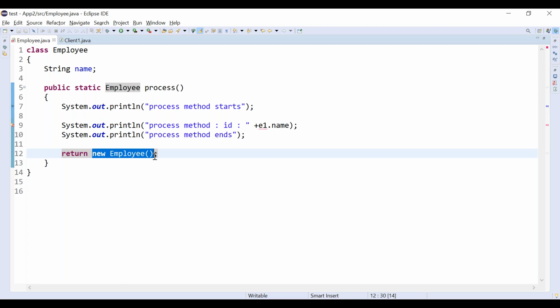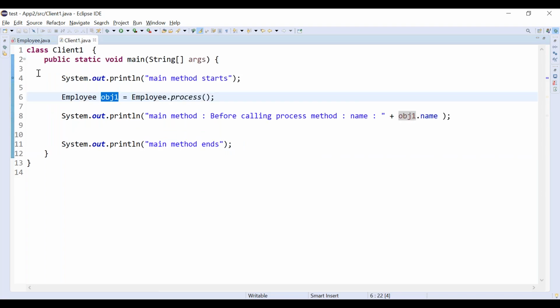This is also possible. Either you can create one object and store it in one reference, or you can directly return it. That is possible.